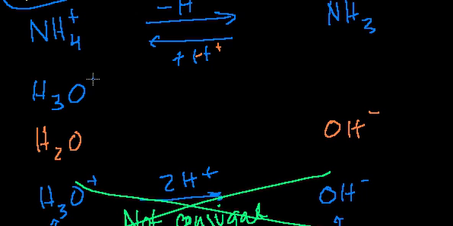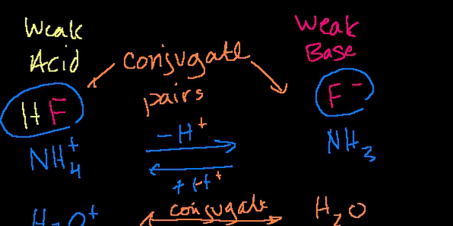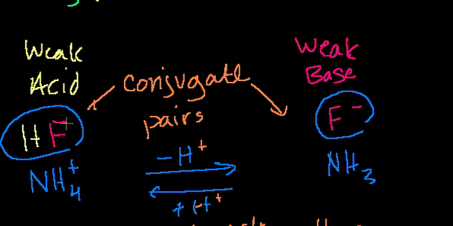Now, if you have H3O, you might say, hey, what's the conjugate base? And that's a new word I just introduced you to. What's the conjugate base for H3O if H3O is an acid? Well, you take one H from it, and you get H2O. So this is a conjugate pair. And I just said a word without defining it, so now let me define it. Within every conjugate pair, you have an acid and a base. And if you say, what is the conjugate base for hydrofluoric acid? You get rid of a hydrogen, and you say, it's just this fluorine